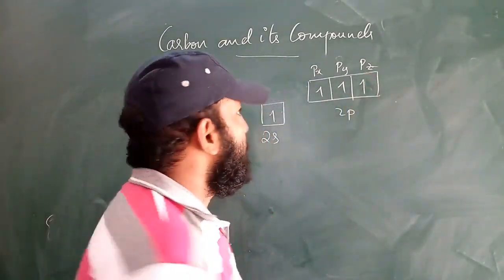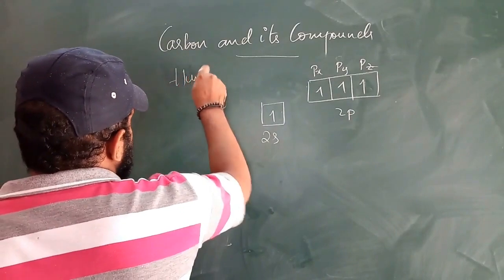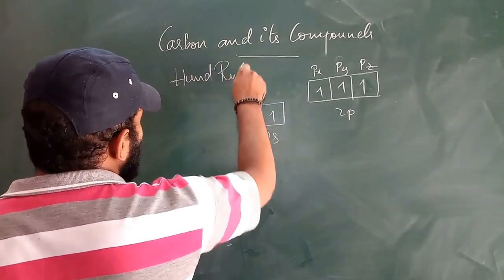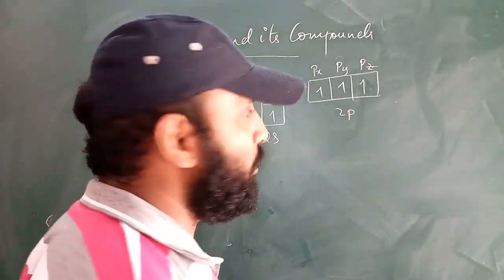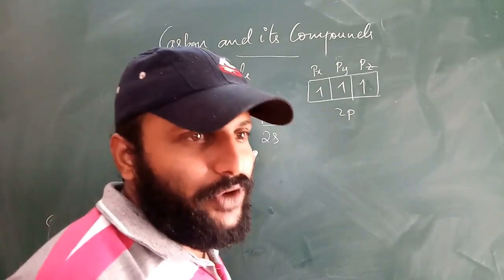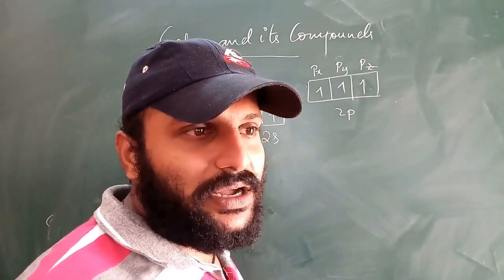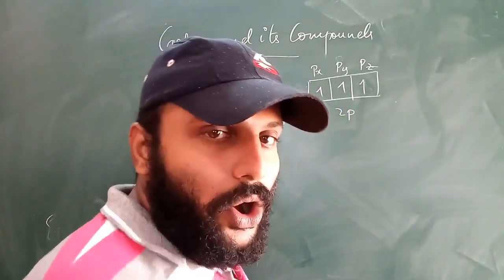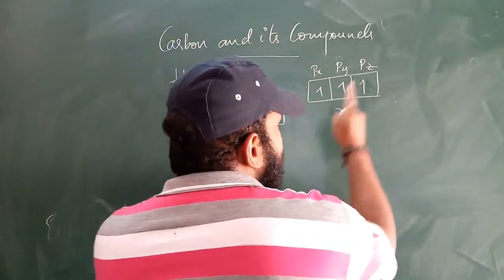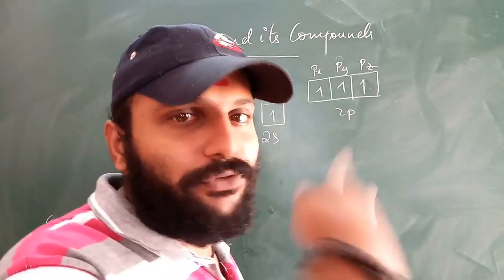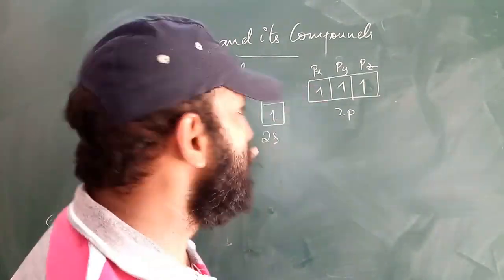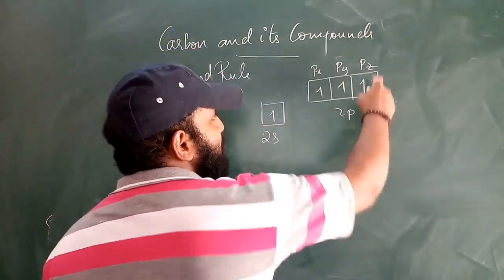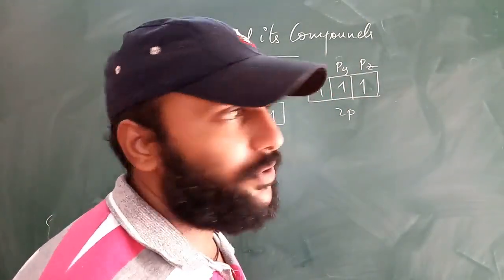Based on what? Based on Hund's rule. We have been learning about Hund's rule in the chemical bonding chapter. Hund's rule is nothing but, as I said, for an atom to become stable, either the complete orbitals should be filled with 2 electrons each, or the orbital should be filled with 1 electron each, half filled or fully filled. Then only the atom will become stable. That's what Hund's rule says. So if it is vacant, it will not become stable, it becomes unstable.